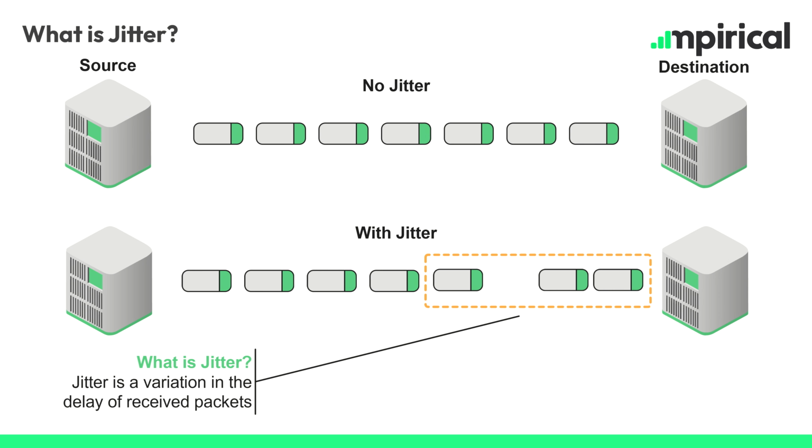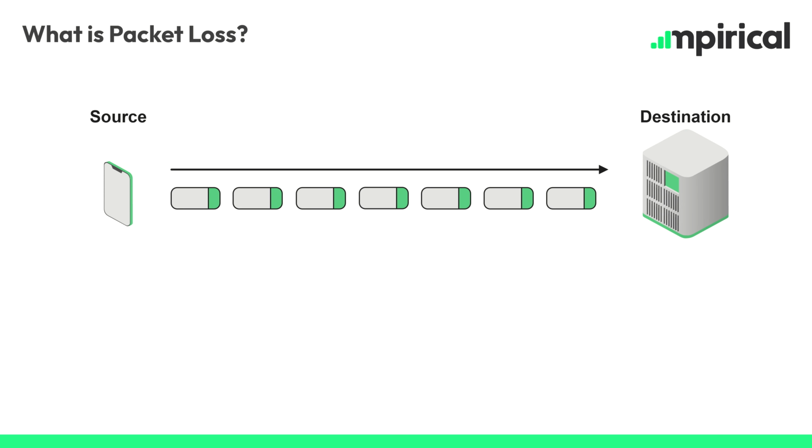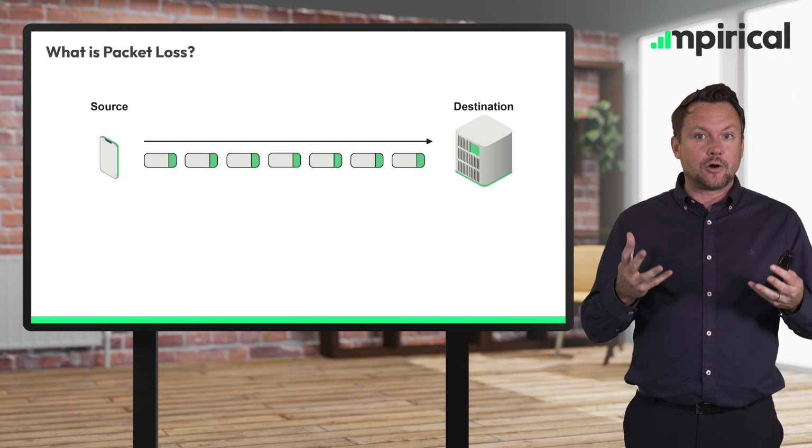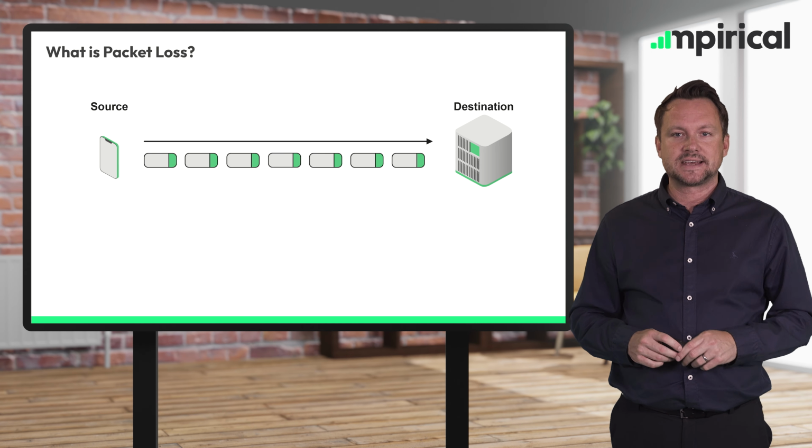Now, there are ways that we can mitigate the effects of jitter, jitter buffers, for example, but we're still quite limited in terms of what we can do if the jitter rate is particularly high. Now, we also need to consider packet loss itself. So in packet loss, what we see here is we've got our packets of data in flight between the sender and receiver, or the source and destination.